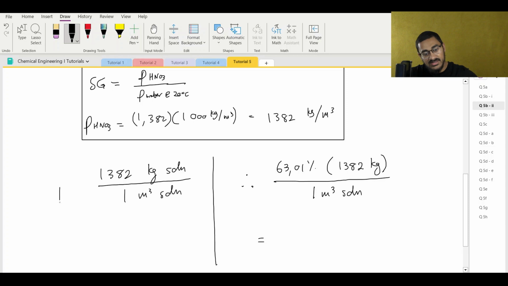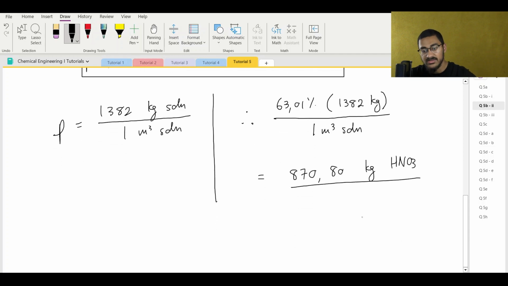So I'm going to say density is equal to this, and then I can say, therefore, 63.01% of 1382 kilograms is what my mass of nitric acid is. And if you put that into your calculator, you should end up with 870.80 kilograms. And this is kilograms of nitric acid because it's 63% of the solution's mass per 1 cubic meter